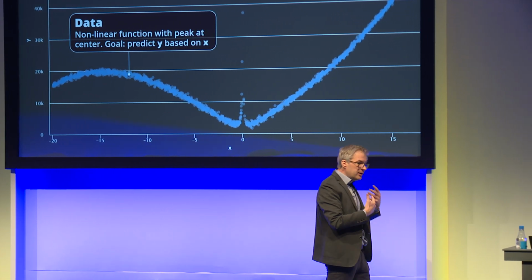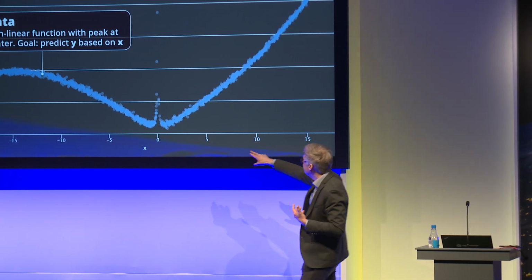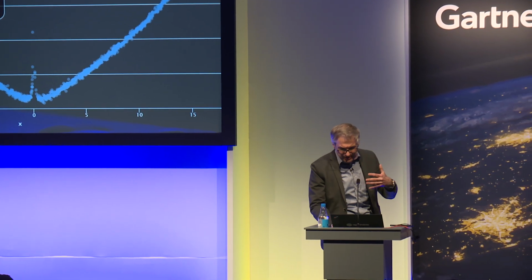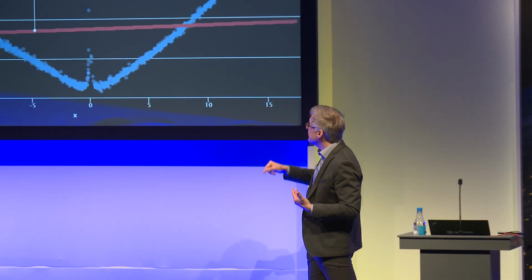So obviously this is a nonlinear problem. And there's also some noise involved, and there's this strange little peak here at the center. So I'm not expecting that the linear model is doing a good job, but nevertheless, let's try. So if I put the linear model on this data set, the red curve here, well, we can see a